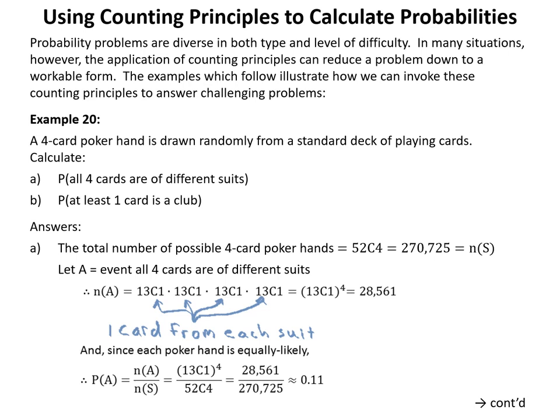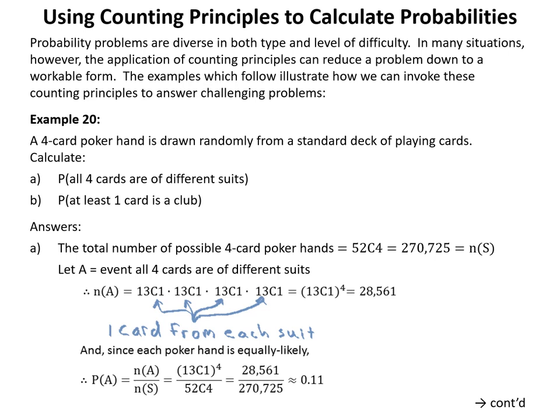So the number of outcomes in event A is 13 choose 1 to the power of 4, which is equal to 13 to the power of 4. And that gives us the number 28,561. And since each poker hand is equally likely, therefore for the probability of A, we can use the rule for